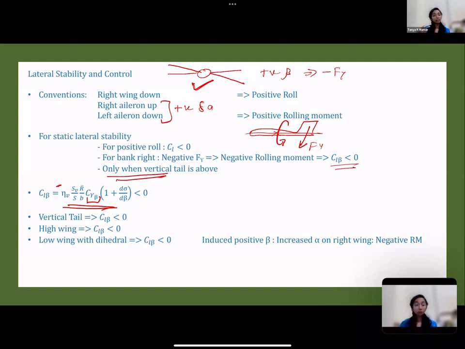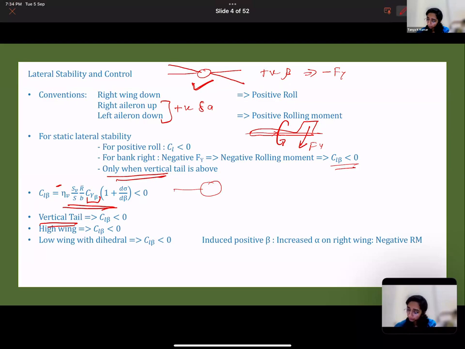Similar to the directional case, the structures that contribute towards lateral stability are, first, the vertical tail, when it is above your aircraft, which is the typical configuration. Then the high wing produces a CL beta less than 0. Let me try to explain that. If this is your aircraft and it rolls towards this side, there is a component of the oncoming velocity that produces a force in this direction, making it roll back. Now, for the low wing condition,